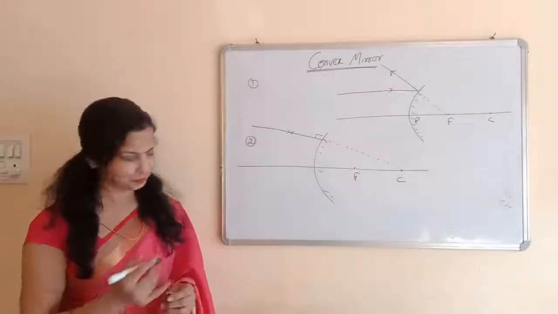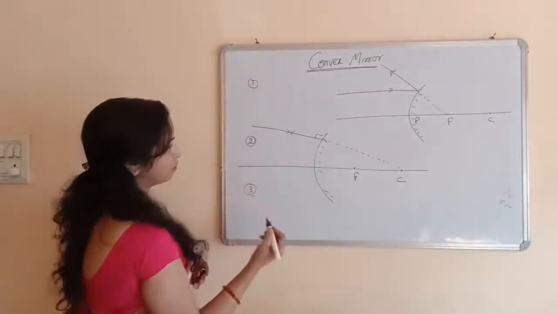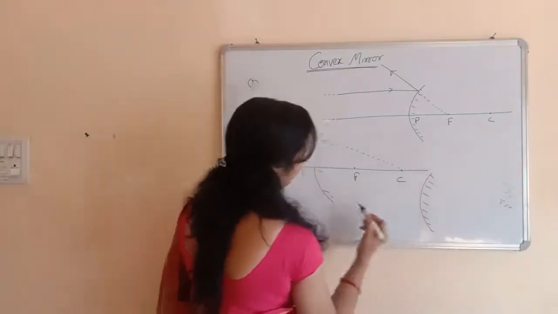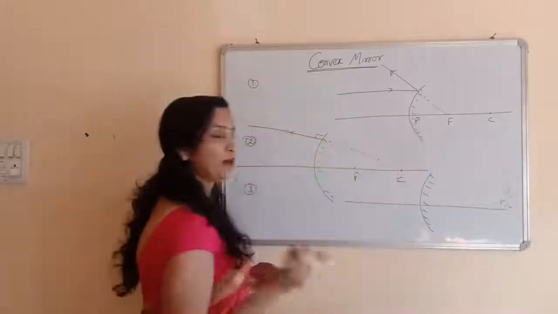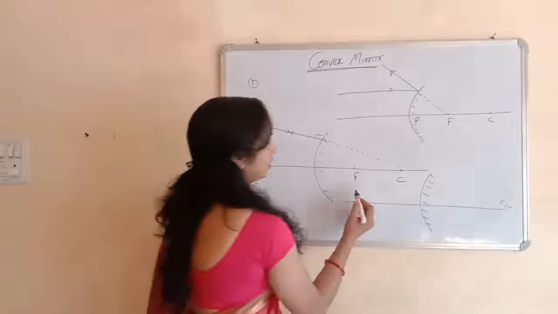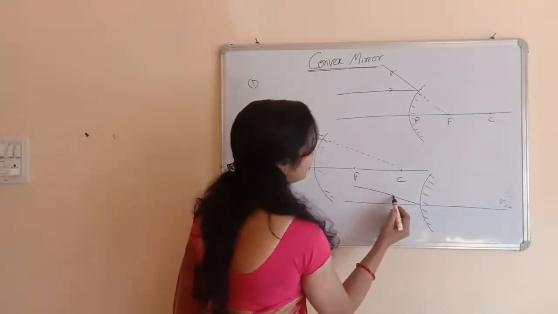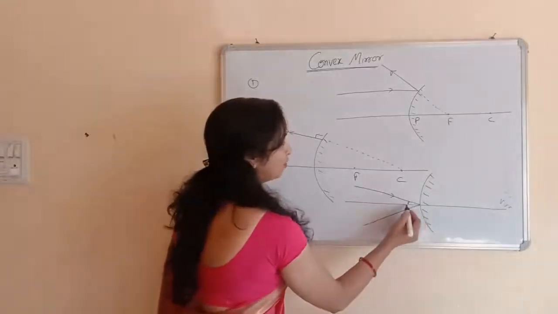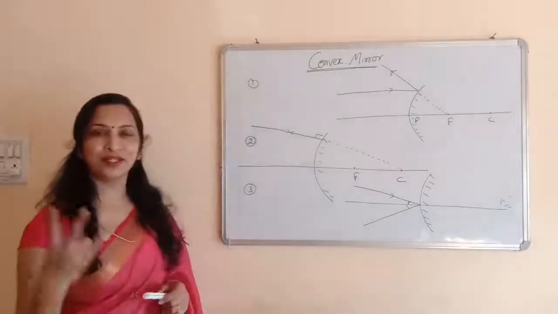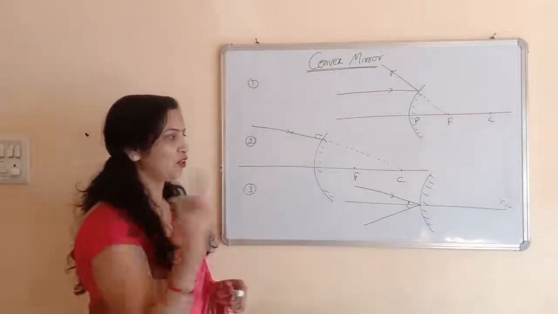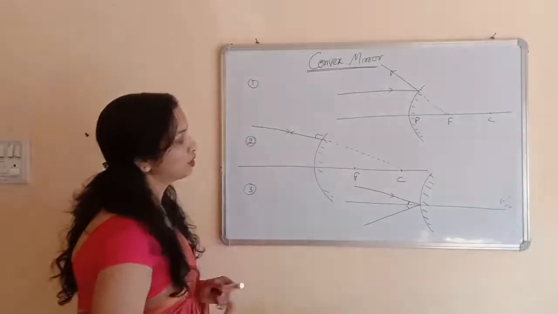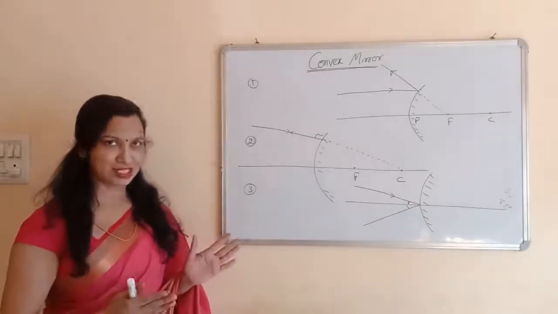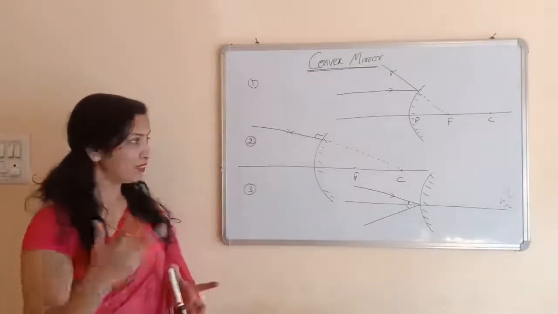And the third rule is, I don't have space on this board now, so a little space is here. This is a convex mirror. The rule which we follow for the plane mirror and the concave mirror is also for the convex mirror. The ray which is coming towards the pole at a certain angle is reflected from the mirror and makes an equal angle with the principal axis. You know the second law of reflection: the angle of incidence is equal to the angle of reflection. So these are the three rules, and by using these rules we will form the image by using the convex mirror. Can you please write down the rules here.